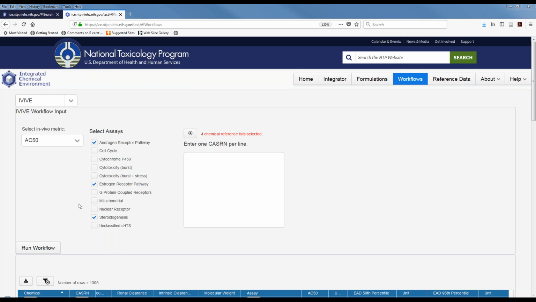Okay. One of your examples in the demo was a mixture. Are you able to see interactions of mixture components within ICE? You can find some data on the individual mixture components. We don't have all of them, but we do have quite a few.